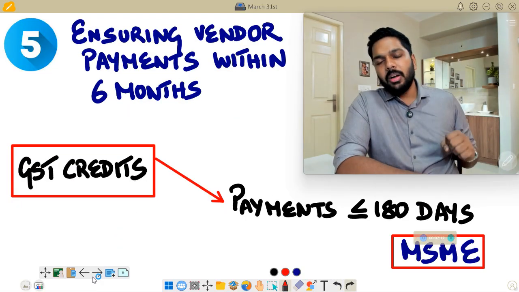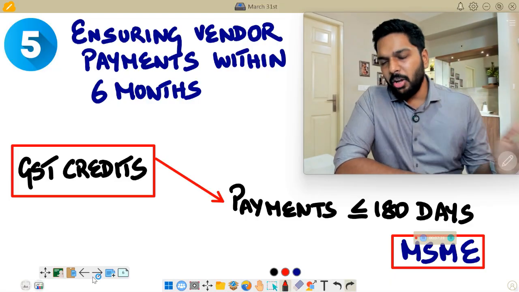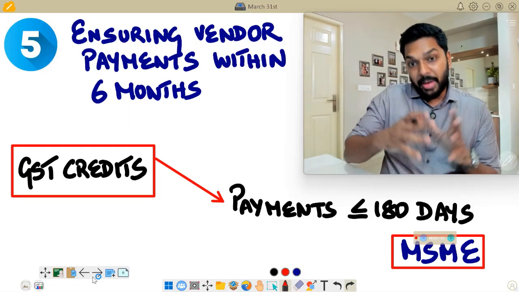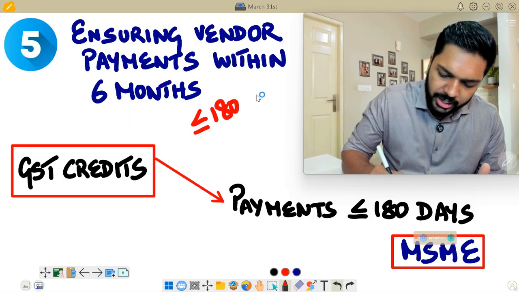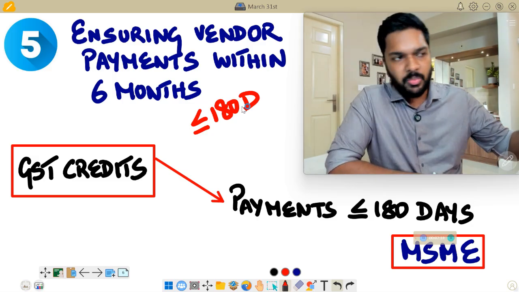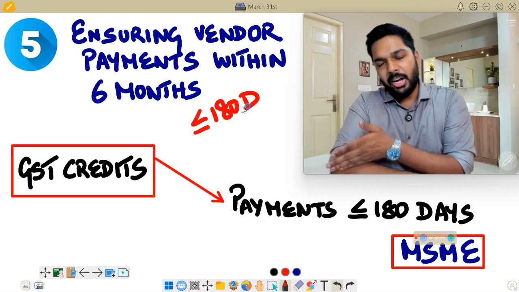And the final one is with respect to the payments to vendors. In fact, I made a video on this a couple of weeks back, where under GST there's a requirement to pay the vendors within 6 months or 180 days, because if you don't pay within 180 days, then whatever GST credit you availed at the time of purchase, when you got an invoice, recorded it in your books, it came in your 2B, you availed in your 3B,